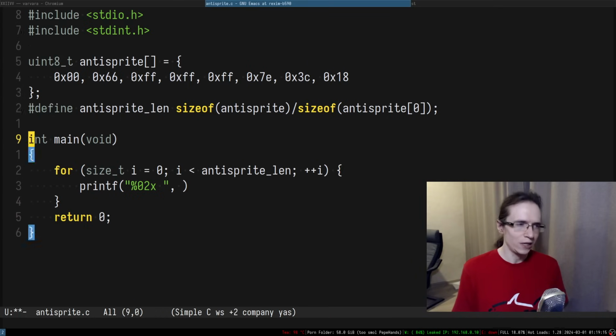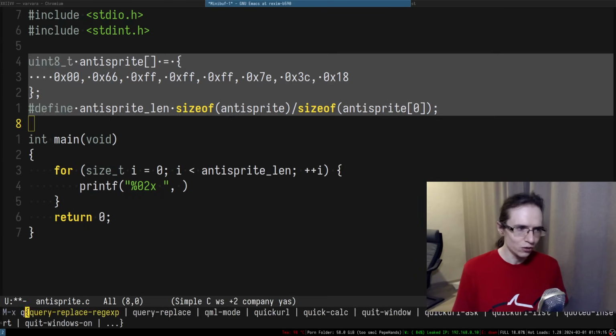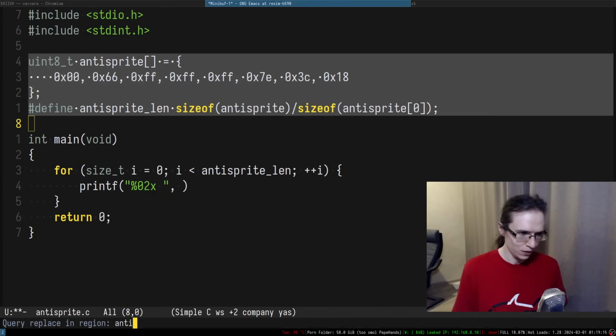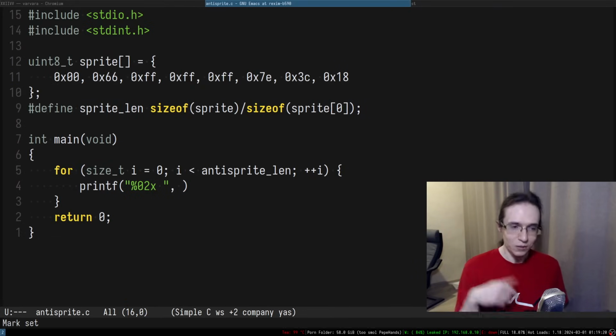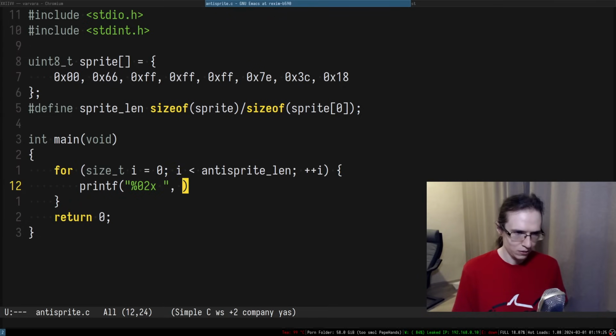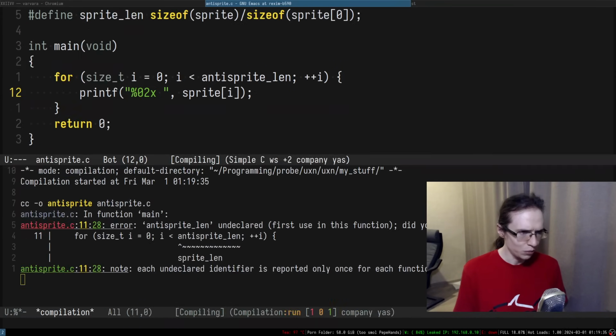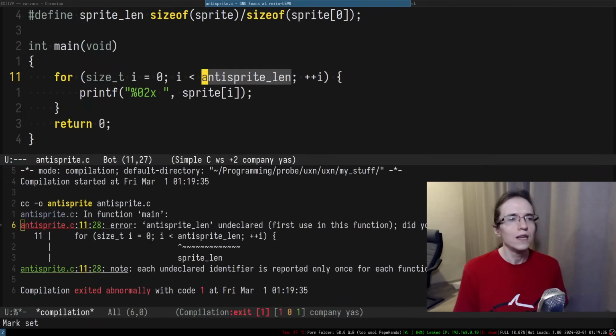Well, I mean, this is actually not anti-sprite. This is literally sprite, right? So anti-sprite, sprite, boom, and we're computing an anti-sprite. So sprite[i], so let's actually build this thing. So anti-sprite.c, boom. So length.